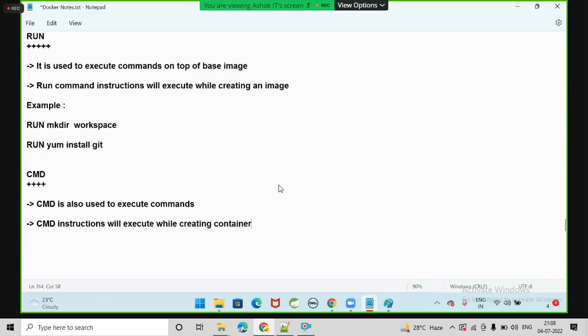Understand the difference between run and CMD? So while creating the container, for example,